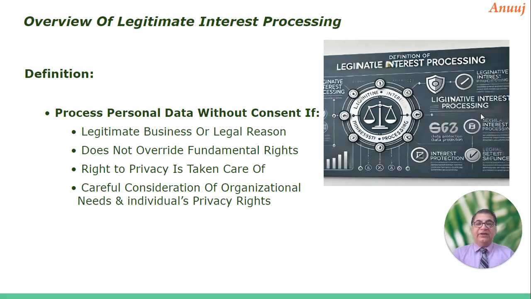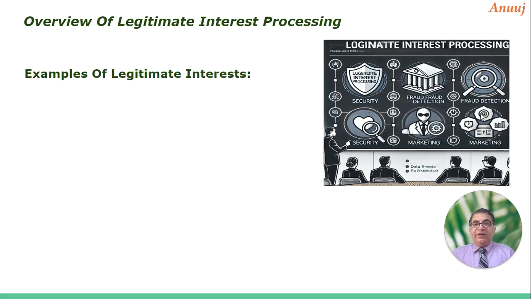What are those scenarios where it could come up like this? It could be, for example, fraud prevention. You suspect that there is some financial fraud possible and you process financial information, which is otherwise called sensitive personal information, for a user. However, if that helps an attempt to prevent a fraud, then it's a legitimate reason. You can do that. You don't need to wait for a consent.